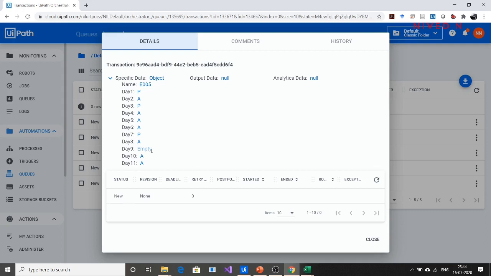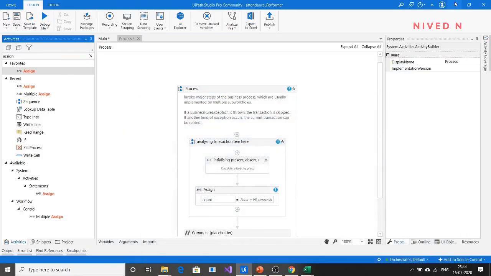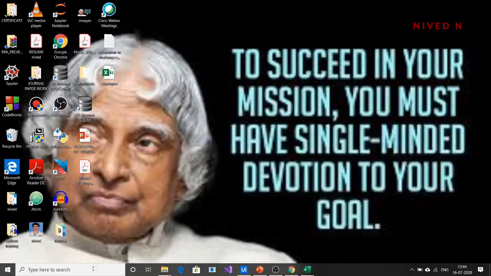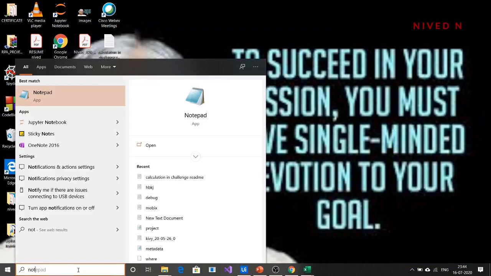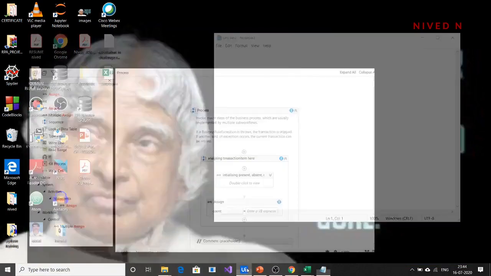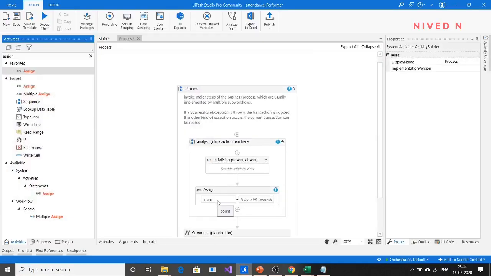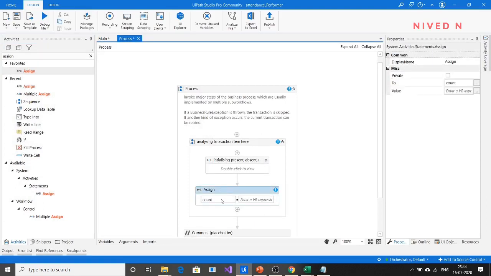Before that, in the count variable, what you want to retrieve is the number of collections in a queue item. For that, what should be the code? So I will just use Notepad here to tell you. The count variable at first, that is what you want to get here, is the total number of collections in a queue item. That I have to tell you before. So before that, you just give it a name.